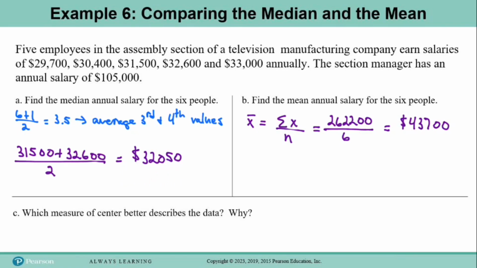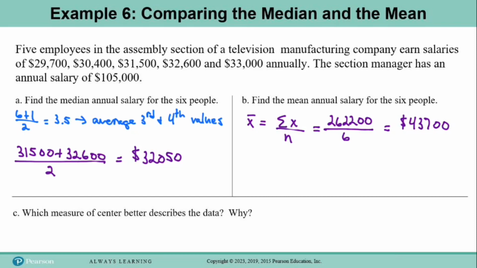The median, notice, is between the 3rd and the 4th values, so the median would be right here. The mean would be between the 5th and the 6th values. If you look at these numbers, there's nobody at the plant who makes this amount of money or anything close to it, right? This is significantly more than the 5 workers make, but it's significantly less than what the section manager makes. So the mean, although it is accurate, it doesn't really reflect any of the values in the data set. But the median really does, because the median is still right in here among the salaries of the 5